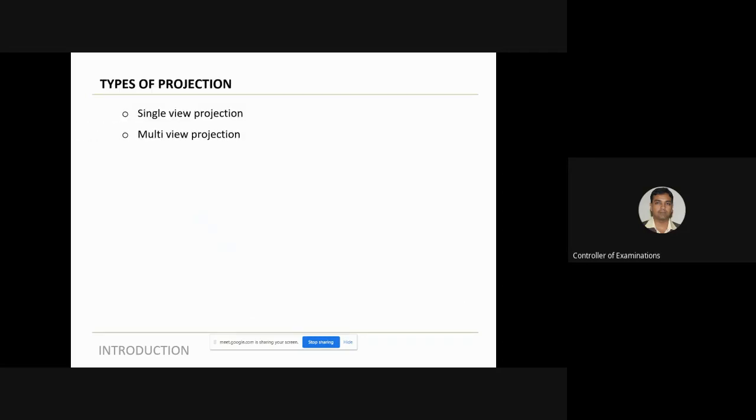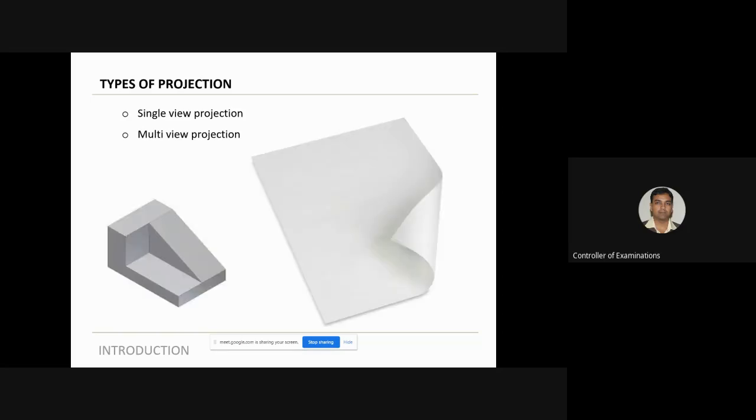Now there are different types of projection. There are a lot of projections involved. I don't think we need to discuss in detail. In brief, we can just have a discussion. So as you can see here, this is a particular view. Now the person is seeing the object in this particular view, so he will draw it like this. There are many things which he sees, which he can draw. There are many things which he cannot see, so he will not be drawing that. It depends on the point of view of the observer, in which view he is looking at the object.